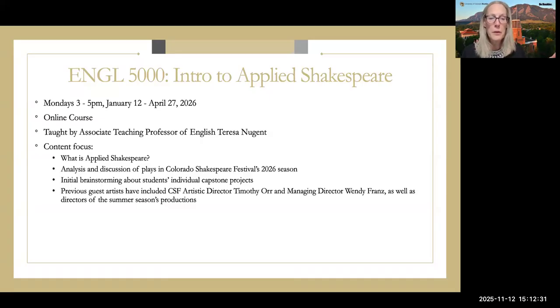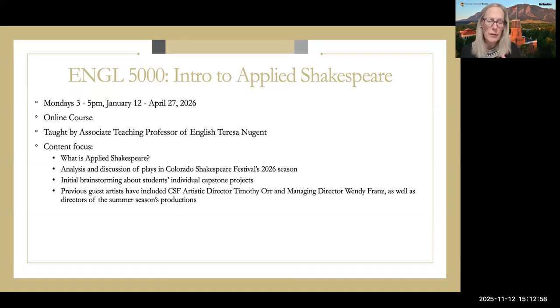and each participant usually chooses one or two of the plays. And so I try to really bring in what each person already thinks that they'd like to work on toward thinking about their capstone project. And then we collectively work through a play every single week, every Monday afternoon, and talk about, how is it relevant today? What are some of the applications?